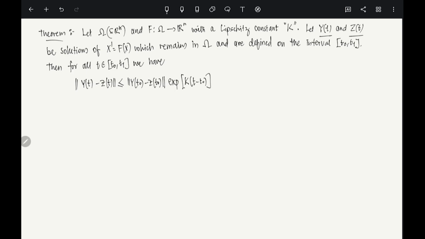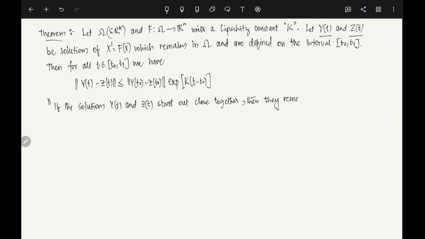So this is what it says. Let me put it this way in case you forget. If the solutions, what are the solutions? y(t) and z(t). Clear? If the solutions y(t) and z(t) start out close together, so the difference is very small, then they